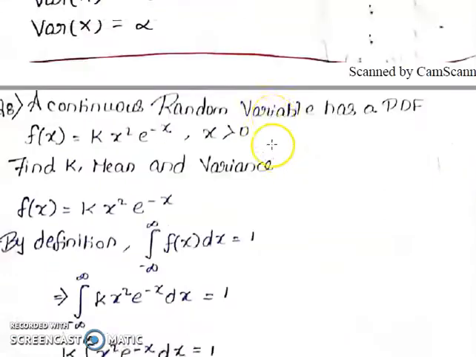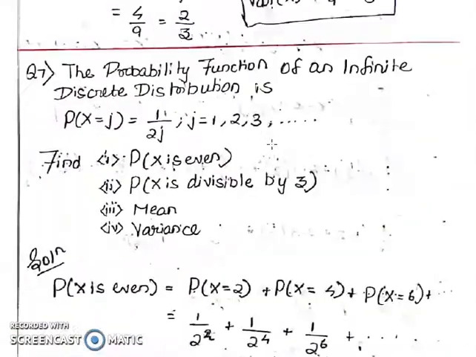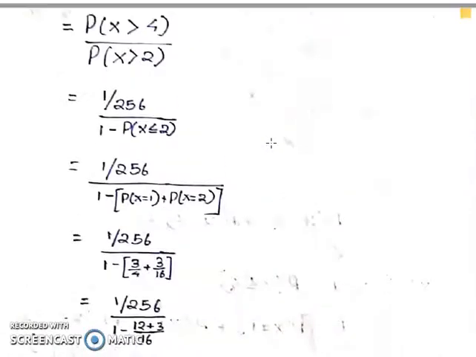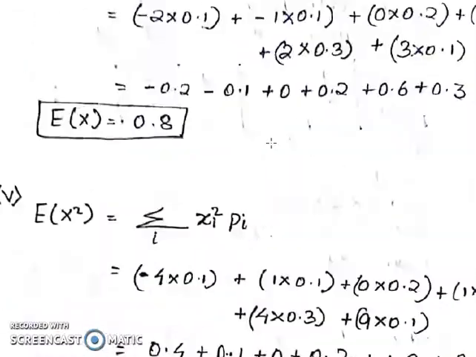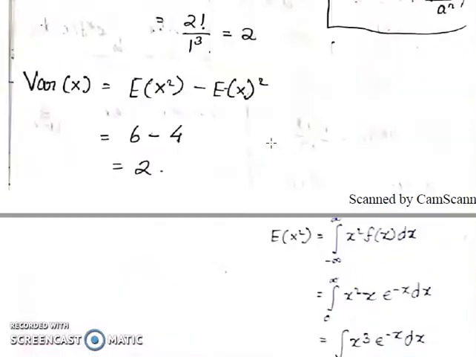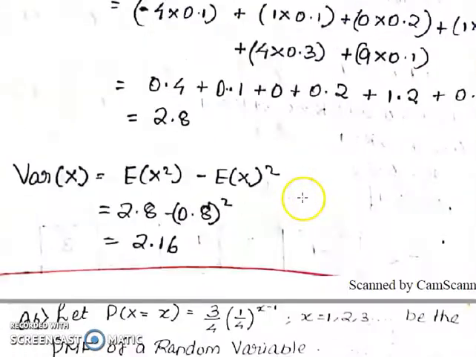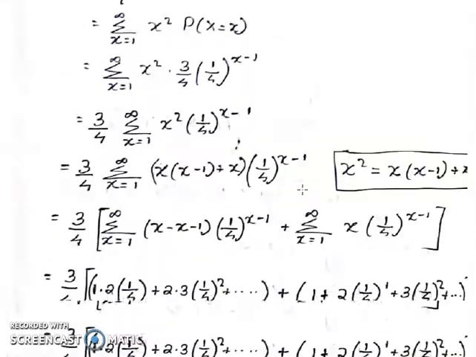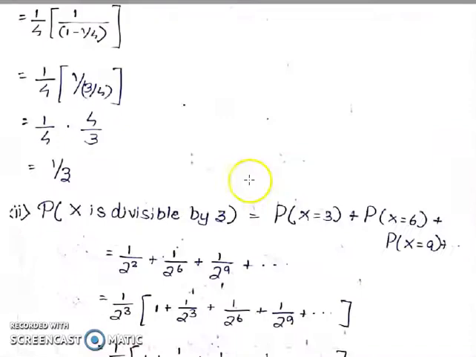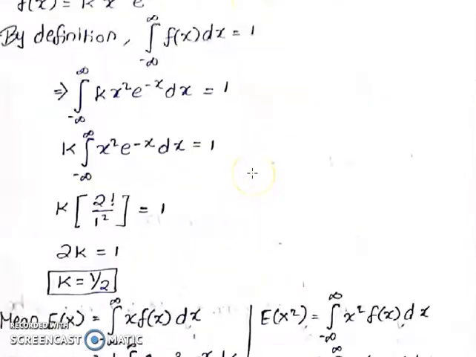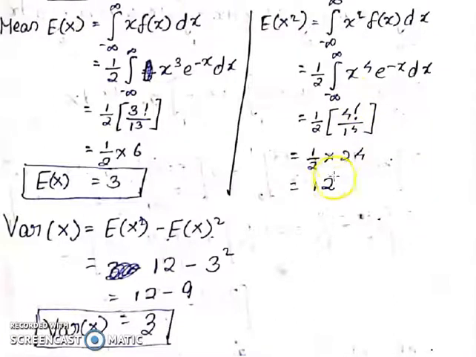Here we apply this formula. Actually, the gamma distribution formula we have already given here. Don't confuse with the formula. See the formula: integral from 0 to infinity of x power n minus 1 e power minus ax dx. Whatever is in the power, we put factorial; a power n, simply n. Likewise this formula. So in the case of a continuous distribution, we can find it like this. After simplification, E of x square is 12. Now find the variance of x, that is equal to 3.